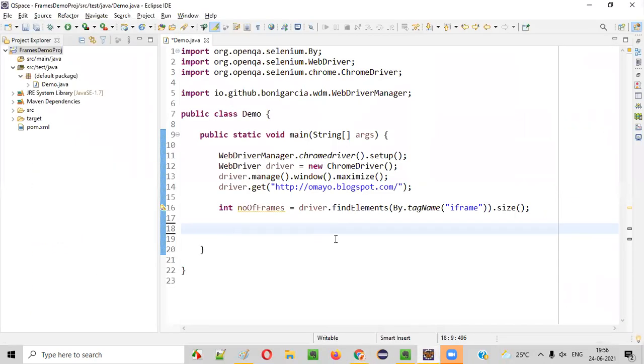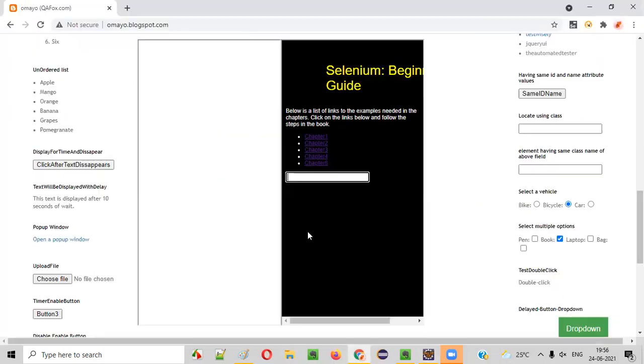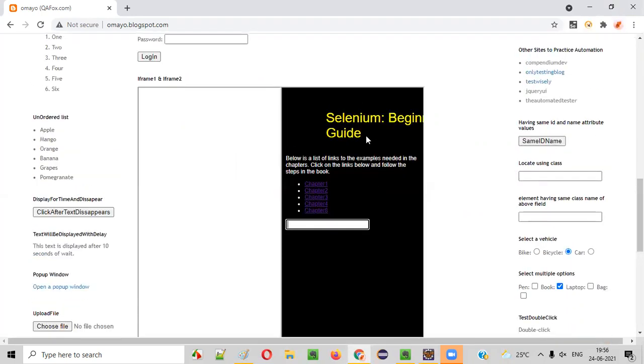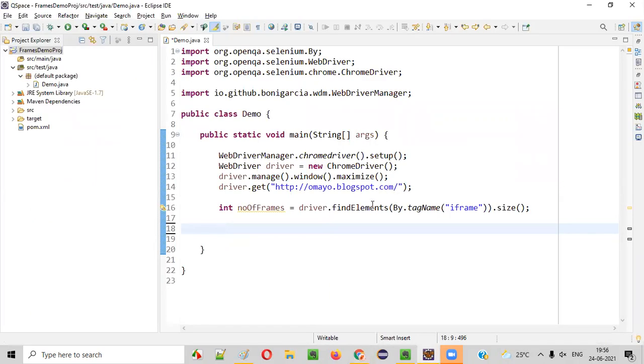So I'm going to write some program, guys, using which I'm trying to find which index this particular frame has, and I am going to print it out. I want to type my text into this field, and it is inside this frame. Which index does this frame have? I don't know. If I know the index, I can switch to this frame. That's the concept.